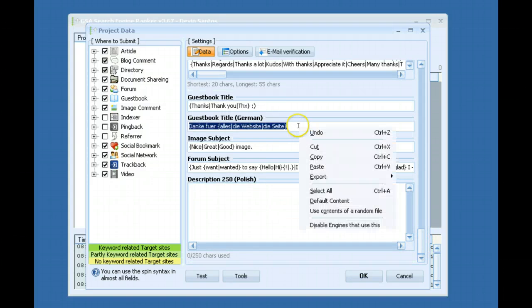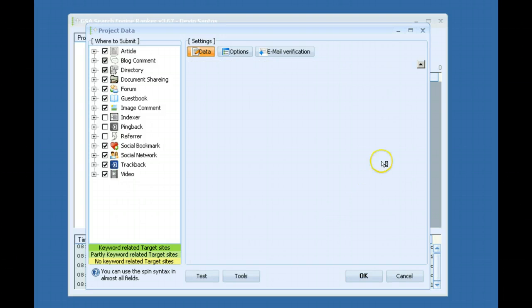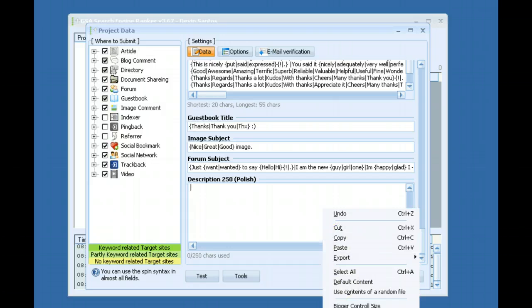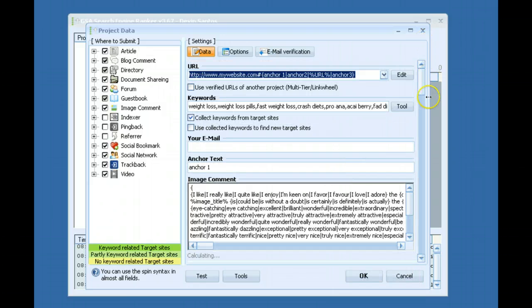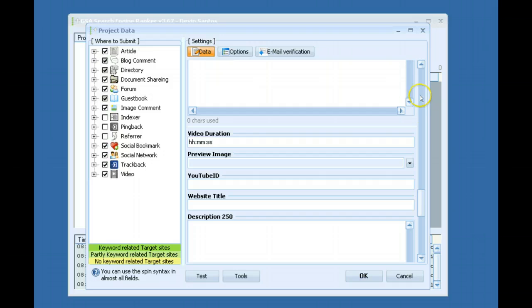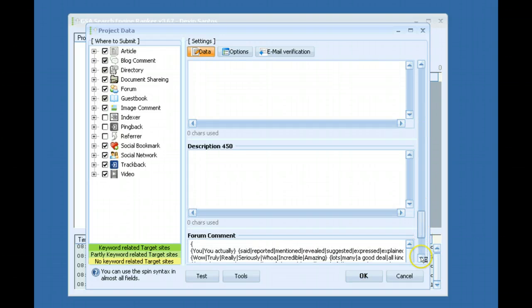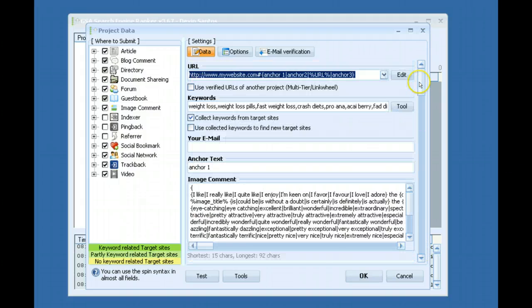Here's another German one. Goes away. So you want to take care of all these and get rid of them, or you can use them if you want to. But yeah, so vary your anchor text is very important. Use as many keywords as you can,